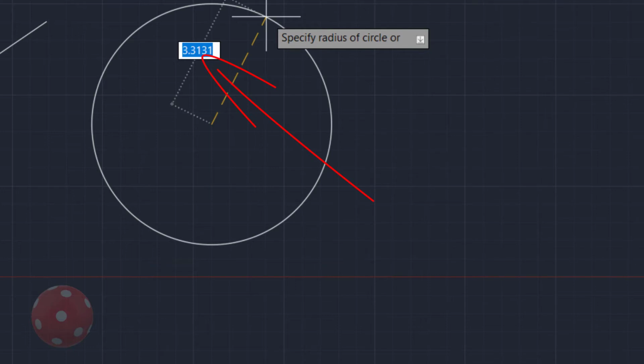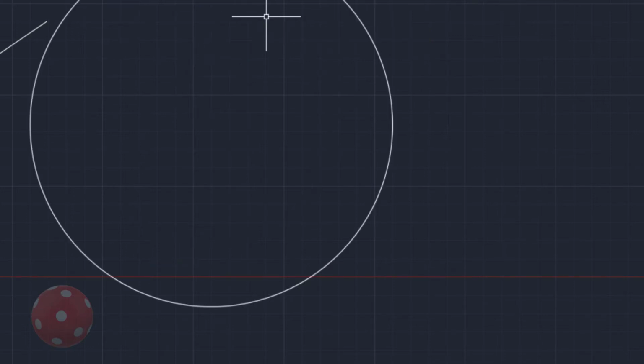So both these things are very much required for a beginner, and you can provide 5 here and press enter. Your 5 radius circle is ready. It means dynamic input shows you help, and that is changing as per requirement, so it is called dynamic.